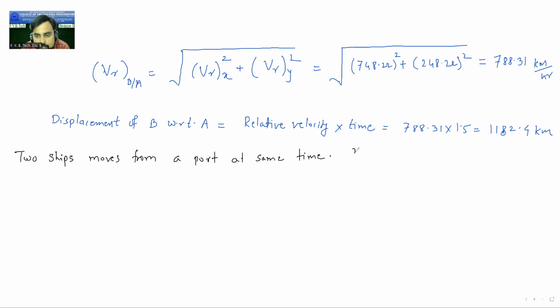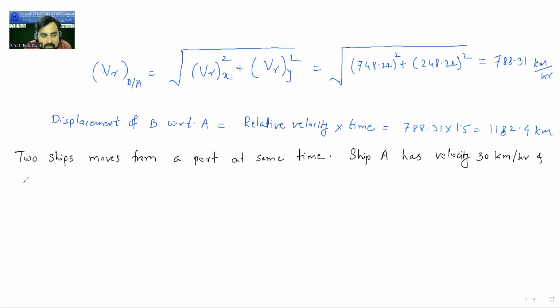Ship A, शिपचं स्पेलिंग काय असते? SHIP का SHEEP? SHIP. गुड. नाहीतर SHEEP लिहितात. हा, ओके. वेगळं झालं. So ship A has velocity 30 km/h